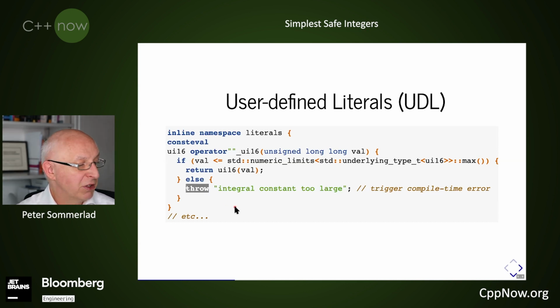Otherwise, we perform a trick that will trigger a compile error whenever you try to evaluate a throw expression in a constant-evaluated context. At least until we get, let's say, compile-time exceptions, which hopefully we don't have yet. This will trigger a compile-time error. There are different approaches to get there with the compile-time error, like calling an undefined function, but that will then come later at link time, for example, when this function is never defined.